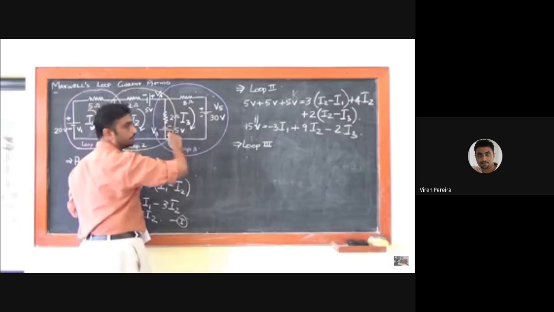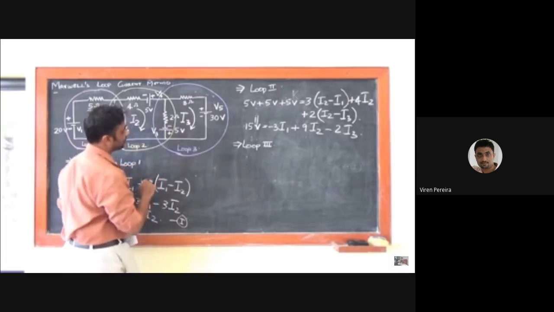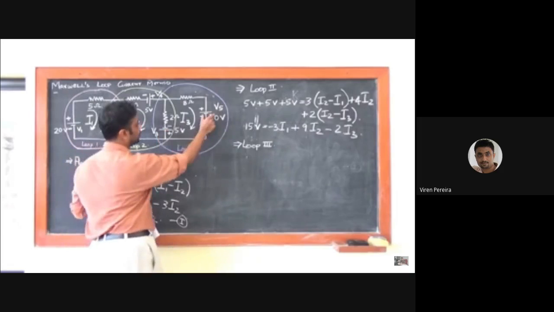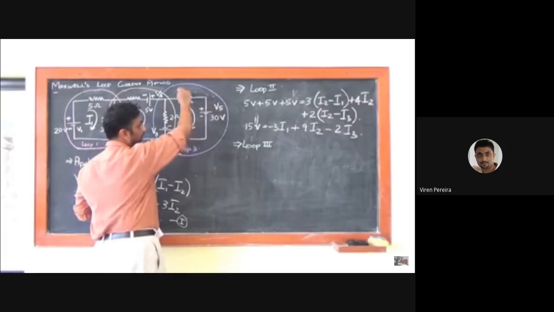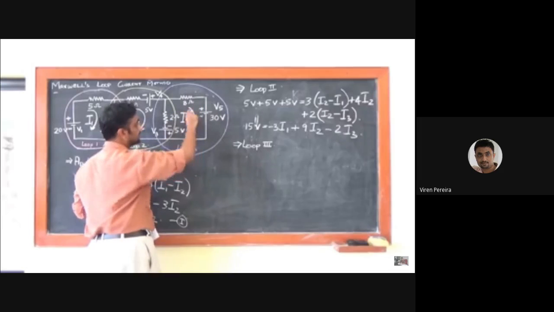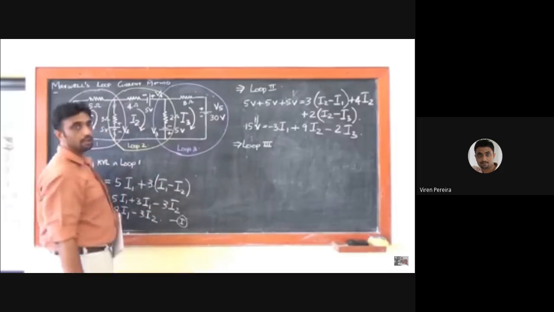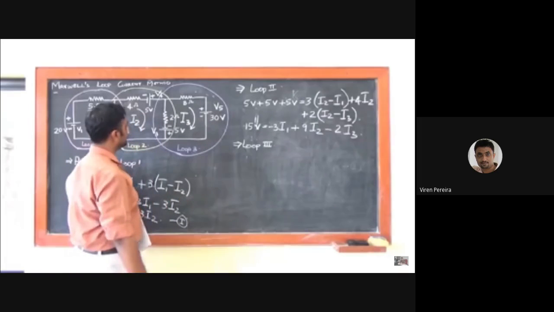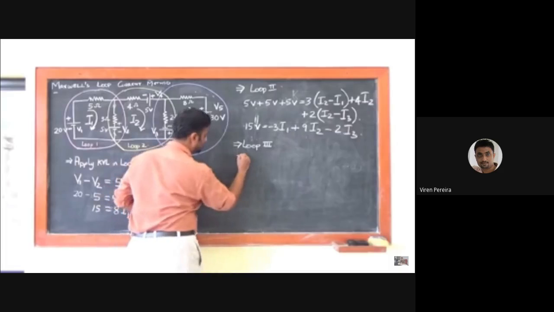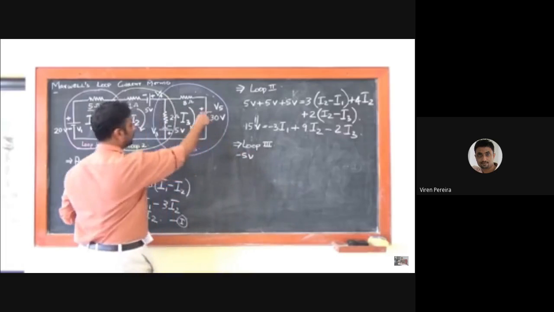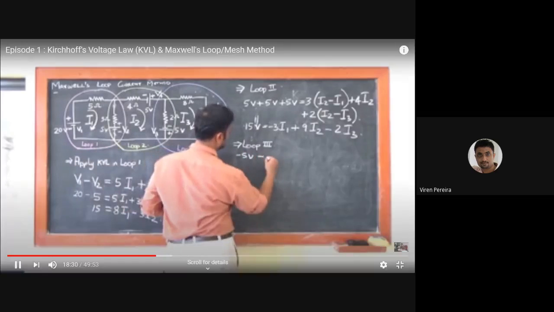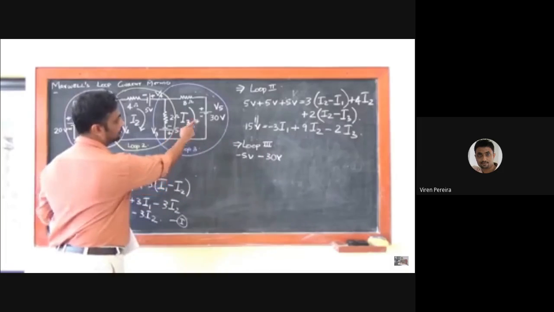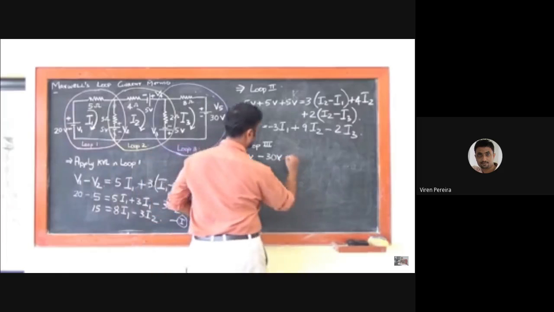This is clockwise or anti-clockwise? Obviously it will be anti-clockwise. The direction of I3 is in clockwise. So this will be minus. What about this? Positive to negative. It is moving in the anti-clockwise, which is again reverse as that of the direction of I3. So both voltages are in negative. So I have minus 5 volts and I have minus 30 volts, which is equal to